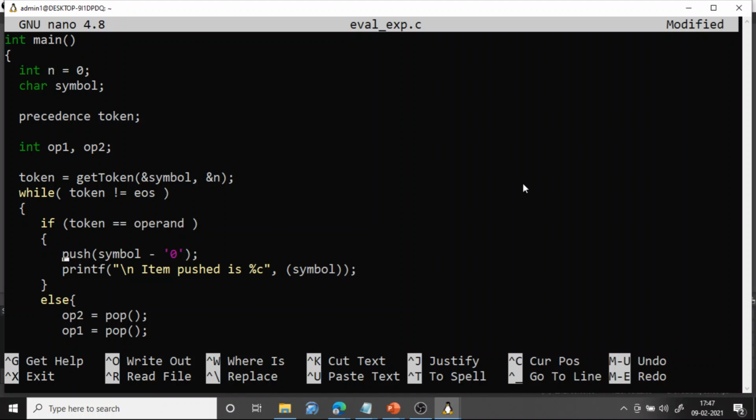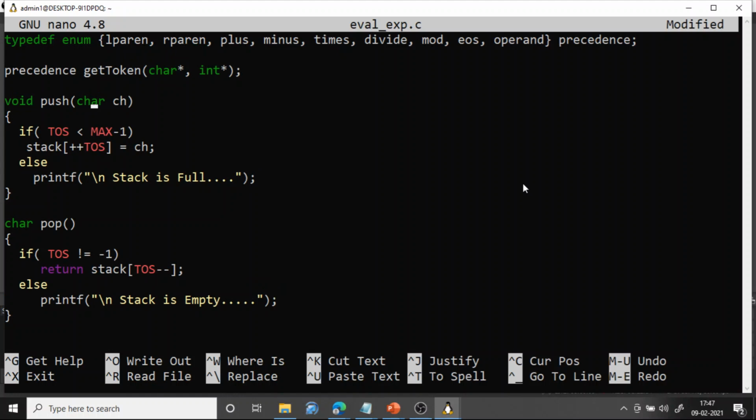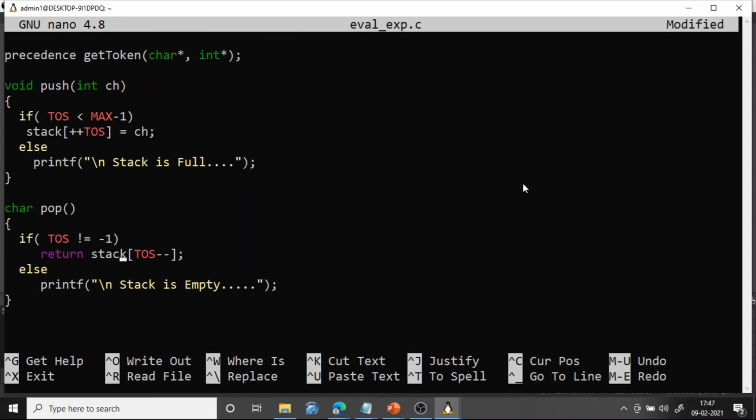So push is our function which we have written, which is just used to push the value into a stack. It takes an, yeah, it should be integer. It takes an integer and it just pushes that, stack of plus plus top is equal to ch. Okay, similarly pop also it will return an integer.